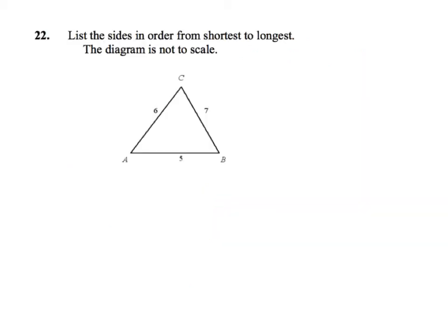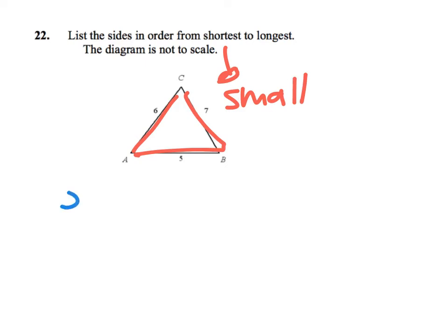My next one says, list the sides in order from shortest to longest. The diagram is not to scale. Remember, your shortest side is across from the smallest angle, and your longest side is across from the biggest angle. Now, why I said this is weird is because this just gives me my side lengths. I feel like this question should have been about angles. But if I'm listing my sides